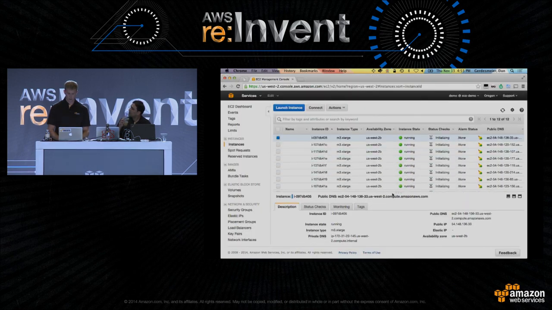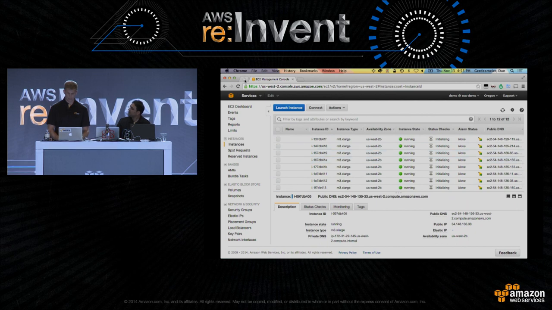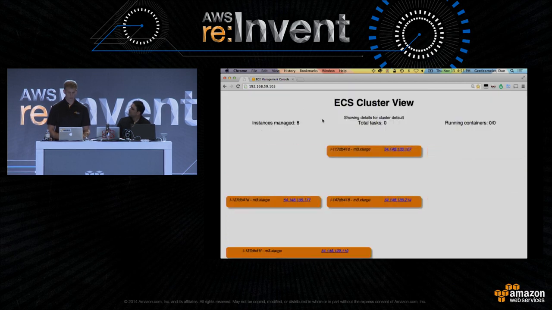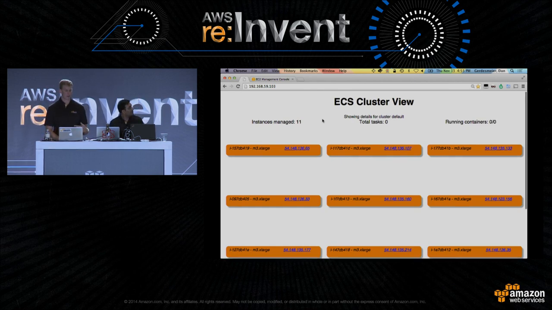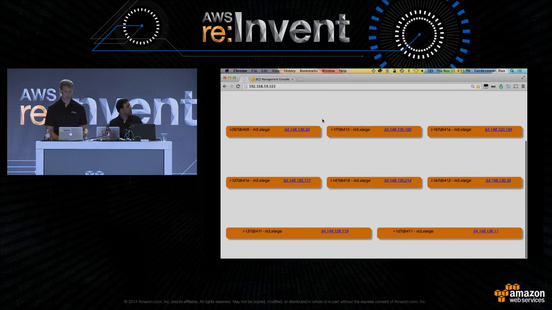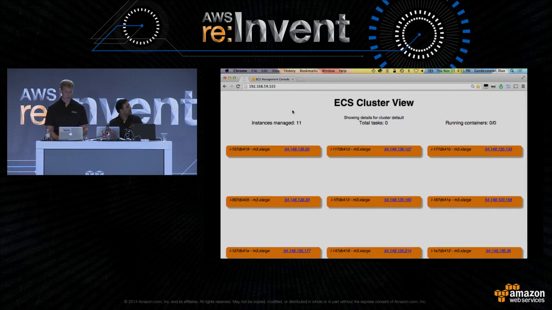So here we have our instances running. And I go to this cluster view here. This is just something that we built as a team. One of the developers threw it together in a night. It runs on my local host right here in a Docker container, actually. And what this is doing is it's calling our APIs, and it's loading all of the information about our cluster and our instances. So we can see right now 11 of our 12 instances have started up and have